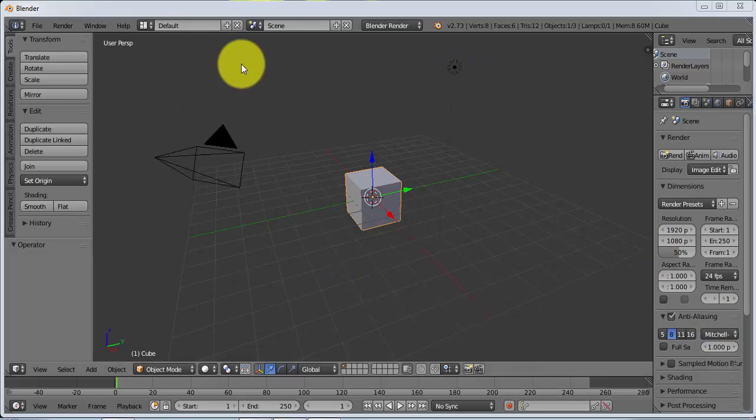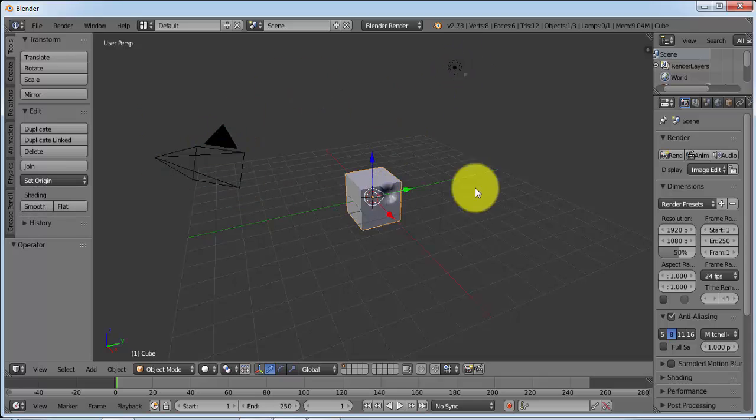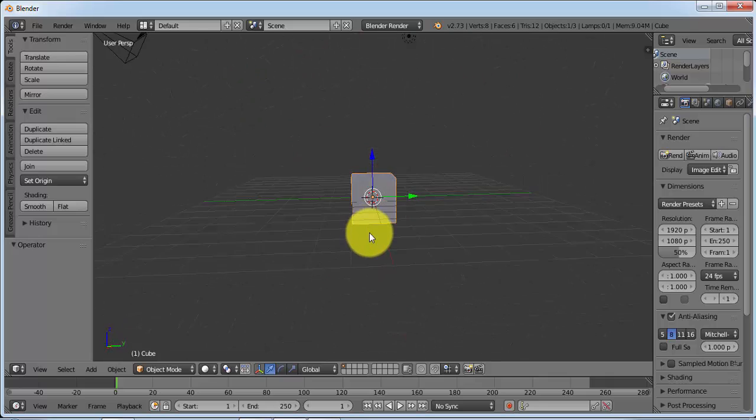Now if you are new to Blender, you can select an object by right clicking on it like this, and if you want to rotate this view, then click the middle wheel on the mouse, hold it and rotate it.